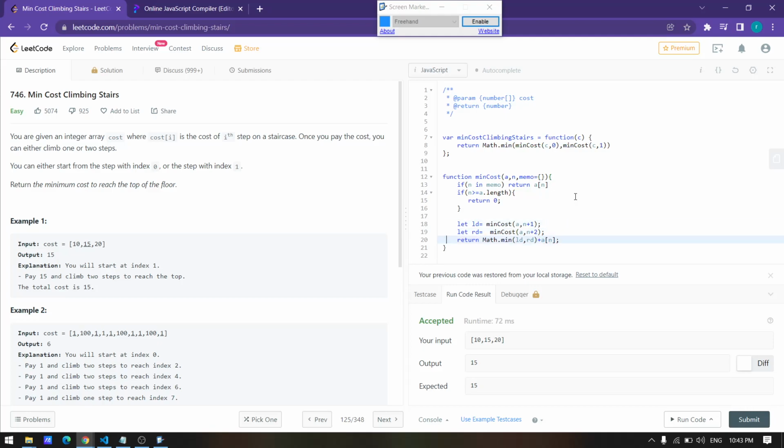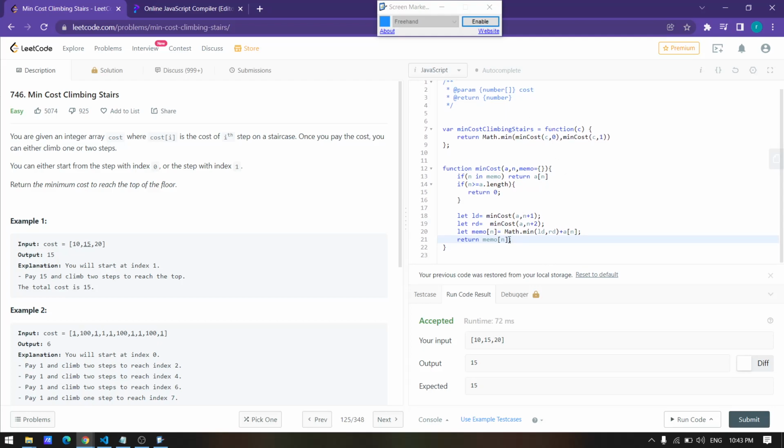The only step we have to do is, instead of returning directly, put the result inside the memo object, memo of n equals Math.min of this part, and then simply return memo of n. It will give me the correct output. So if the value is found in the object, I simply return memo of n. I think the code is looking pretty good.